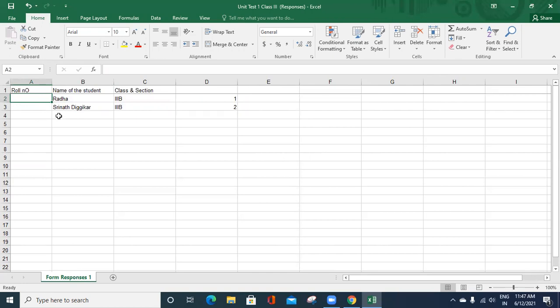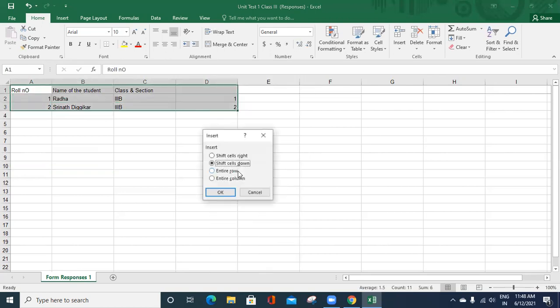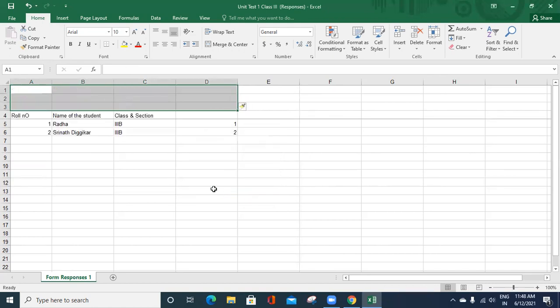In Google Form, you can also add the child's roll number option. Roll number also you can put there in Google Form. So this sheet is ready for you. And if you want, insert row.